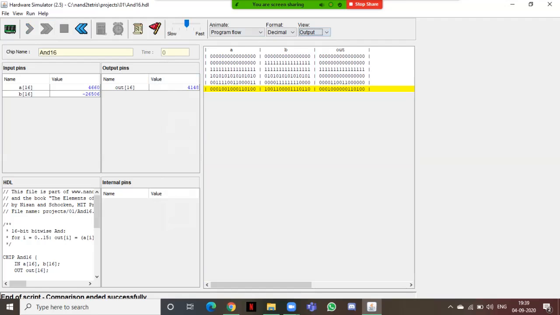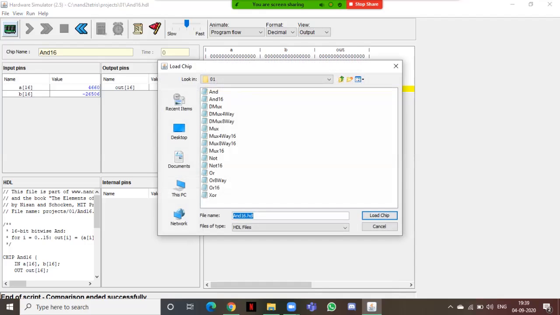The output we are getting is a 16-bit output. See, the multiplication of this is 0 and this is 0 and this is 1. All ones will give 1 and this will give us 0. So let's move to the 16-bit OR gate.